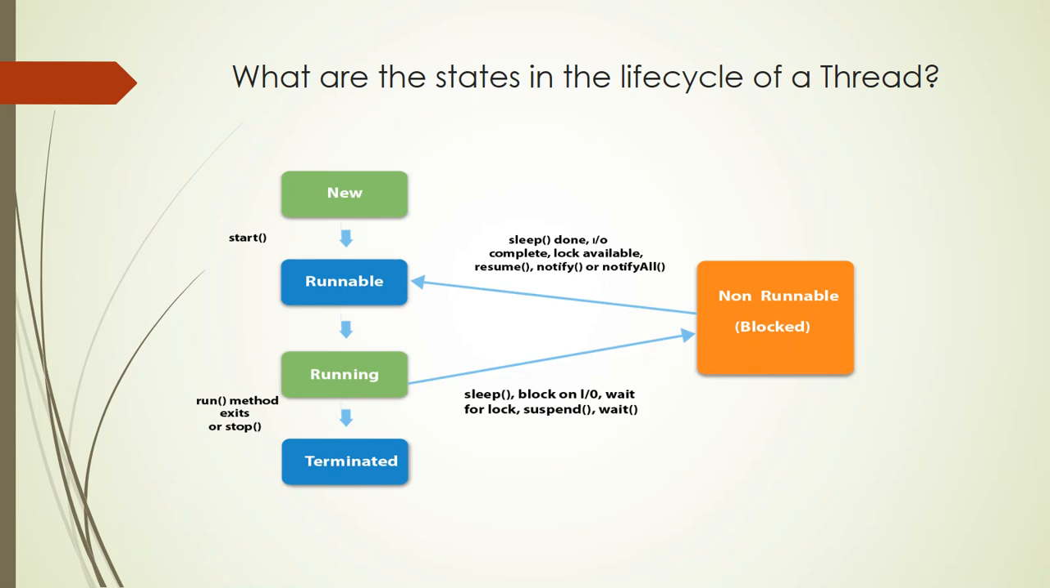What are the states of a thread life cycle? This is for multi-threading. In most of the companies that work on multi-threading, they are definitely going to ask some questions on threads. So what is the thread life cycle? It's a very basic question. You can say: new, runnable, running, terminated, and between these there are some other states,